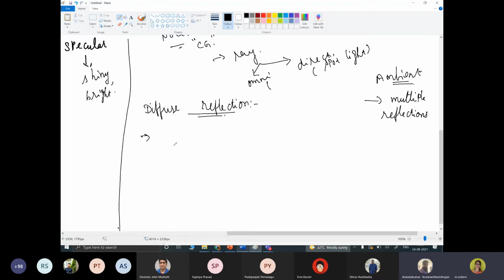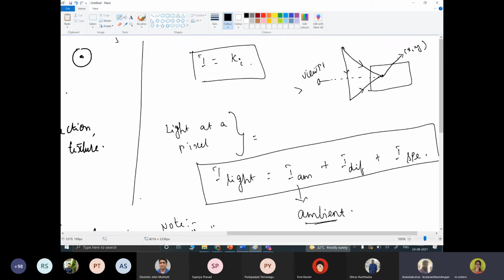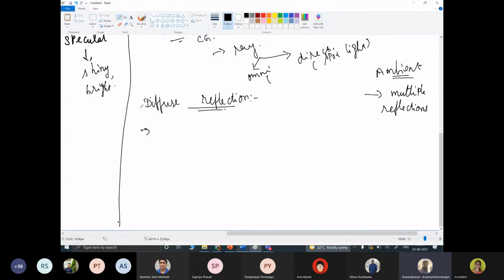Some of this energy will be absorbed by the surface while the rest will be reflected. So when it comes here, some energy will be absorbed and the remaining energy will be reflected. The ratio of light reflected from the surface to the total incoming light is called reflectivity.